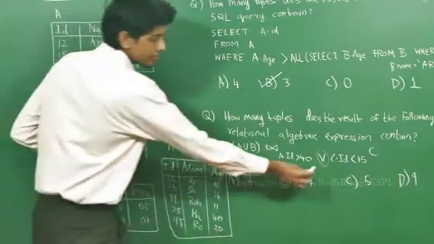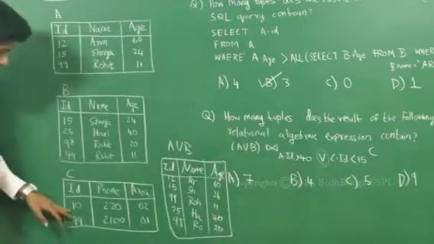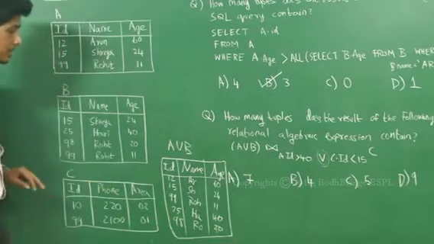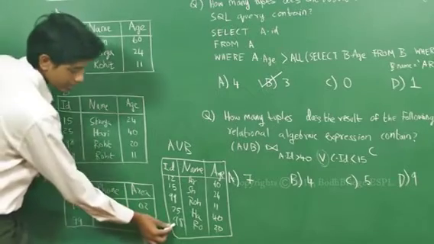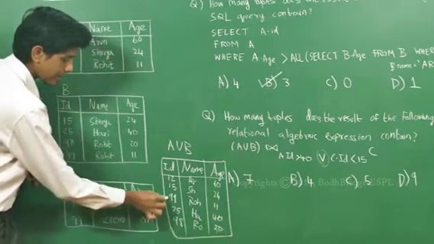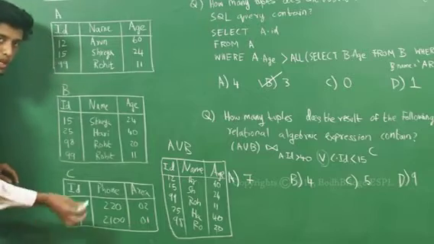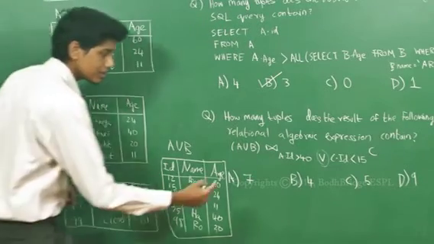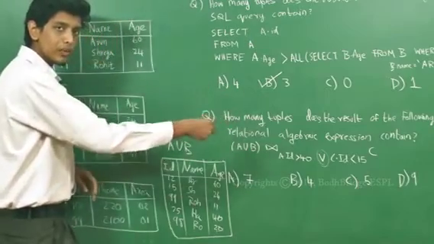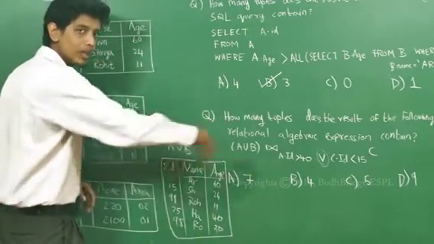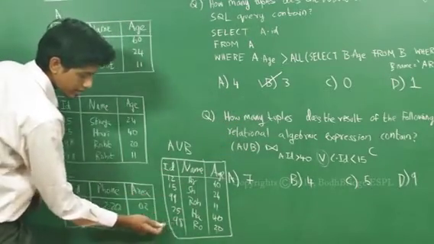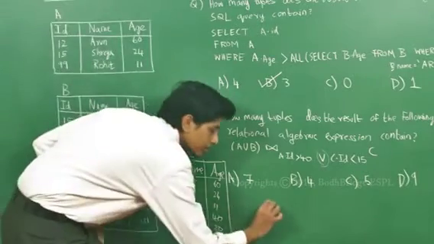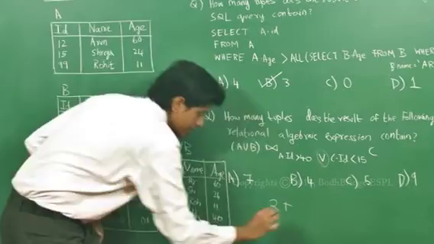Similarly, if C's ID is less than 15, that is this element, you will full outer join it with all elements here. So what will happen is, the 98 row and the 99 row will have two tuples corresponding with each. So this will full outer join with this as well as this. Since only the number of tuples is required, let us not form the whole table. Let us just count the number of tuples. So this row will combine with this row as well as this row. That constitutes two rows.